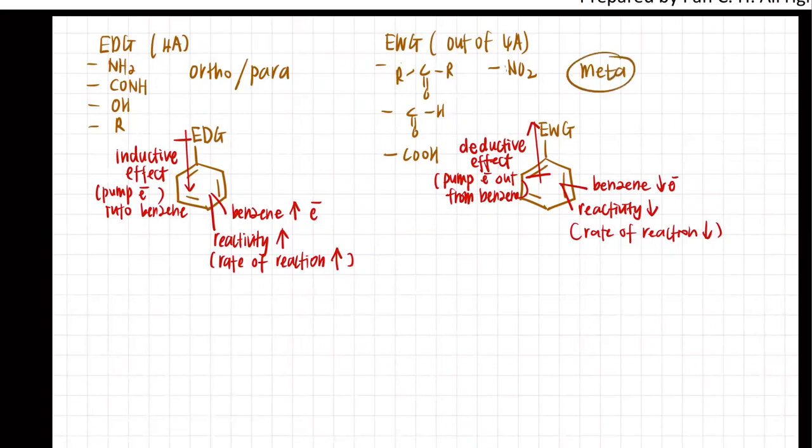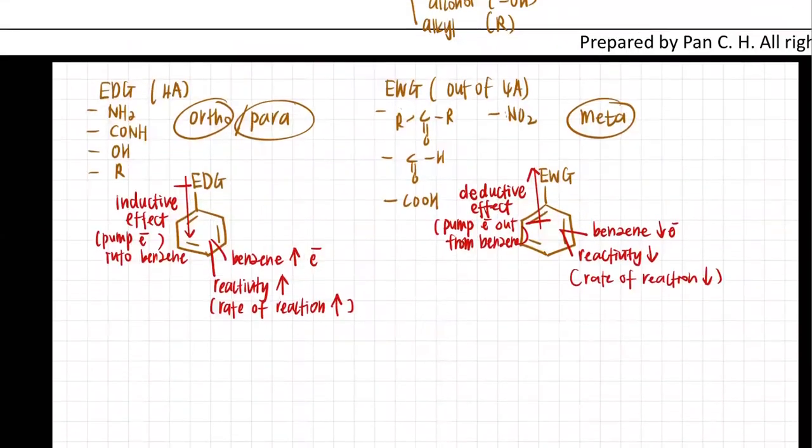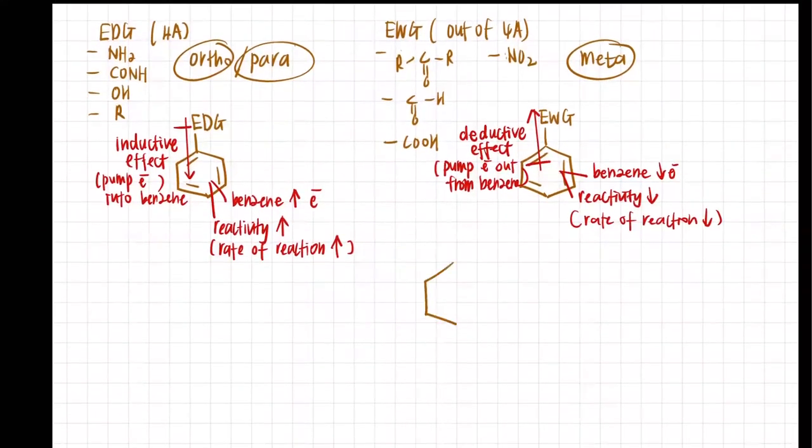Now I'm going to show you what is ortho, what is para, and what is meta. So this is the benzene ring, and this is your substituent. Teacher writes SUBS, substituents. That's why teacher says substituents are very important. The substituent is like the landlord, the owner. So we are going to focus on your substituent. And then this is the double bond. The left and right hand of this substituent, like the owner's left and right hand,